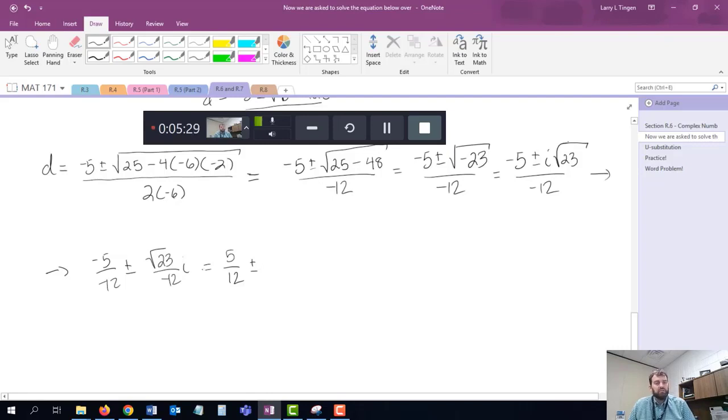This is negative square root of 23 over 12, which is going to do something interesting. We haven't run into this before, so let's talk it through. 23 over 12i. What does this do? If I was writing this out, this is a plus minus a negative. Mathematically, what happens here is this becomes a minus plus. It doesn't actually change anything for us, but if you ever have to distribute a negative through a plus minus, that's what happens. So my solution set has 5/12 minus square root of 23